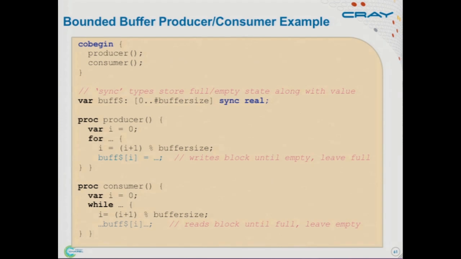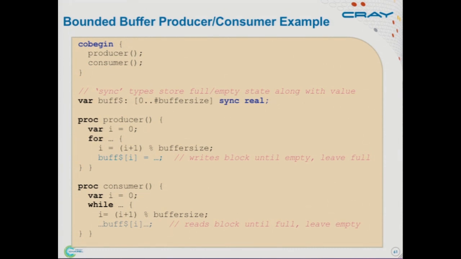But what you can imagine is that in a good implementation of the runtime, if you go over and try to read it, you should block there until it becomes full, rather than, for example, polling across the network over and over again. Our implementation does that. Most of the task-parallel, highly synchronous stuff we've done, at least from a performance perspective, has been local to a locale typically. We do use them across locales, but typically not for this kind of fine-grained producer-consumer stuff. It's more for tree combinings and things like that.